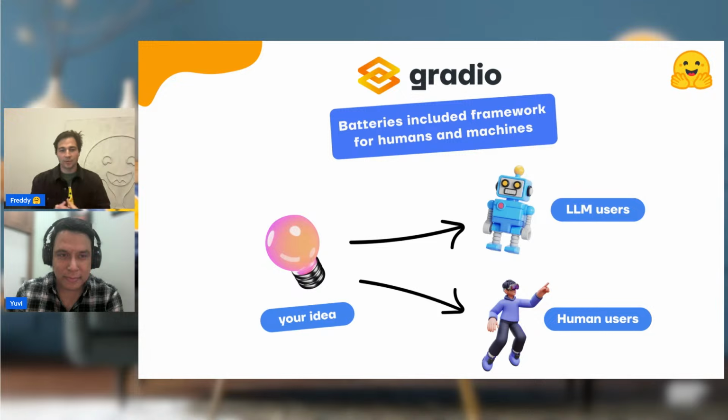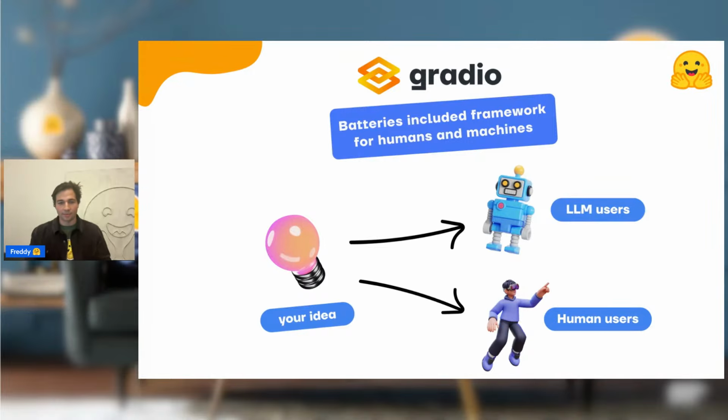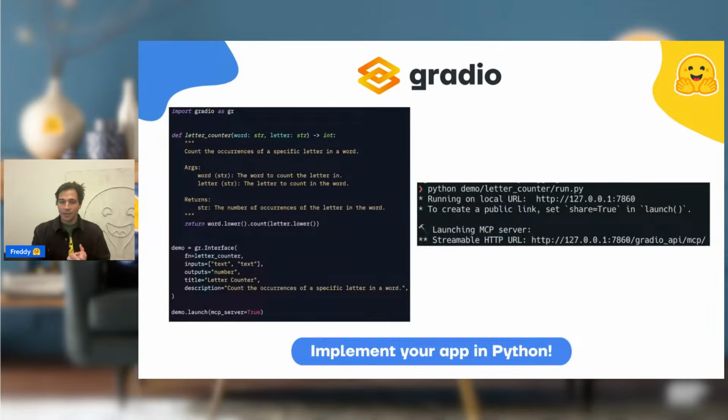So I just want to give you guys a quick, very simple demo to show you the kind of things that you can build with MCP and Gradio. We've all heard of the famous strawberry benchmark: counting how many R's are in the word strawberry, and historically some LLMs get that very hilariously wrong, right? So how can you solve that very challenging problem? Well, you can write a Gradio app in Python. That's what I'm doing here on this left-hand side.